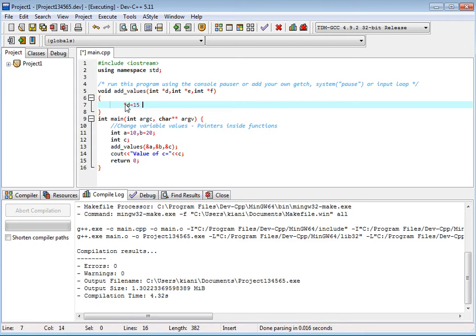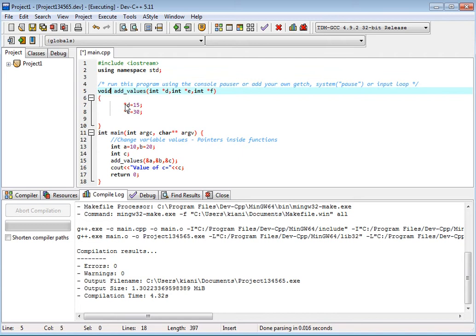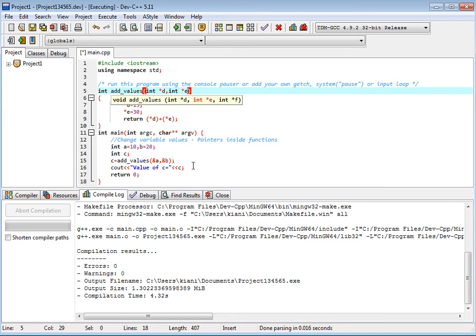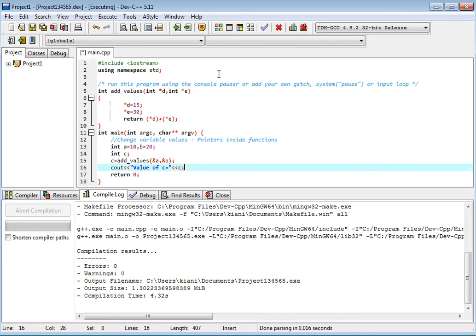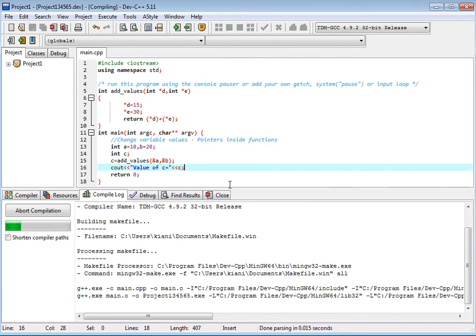For example, we have value at d is equal to 15 and value at e is equal to 30, and we return integer, and this integer will hold return value at d plus value at e, okay.